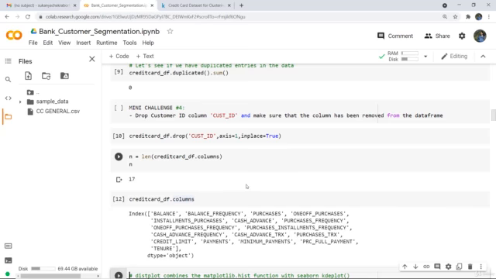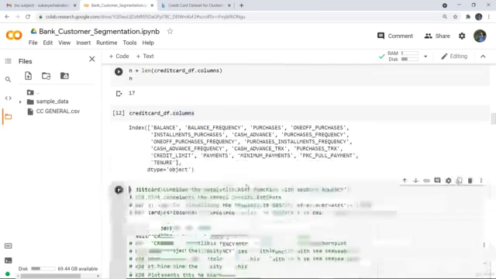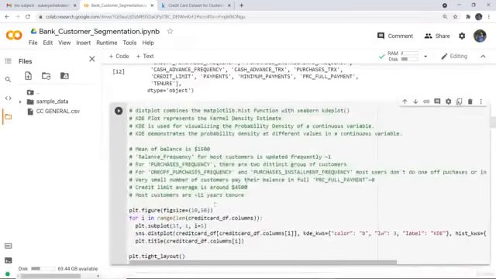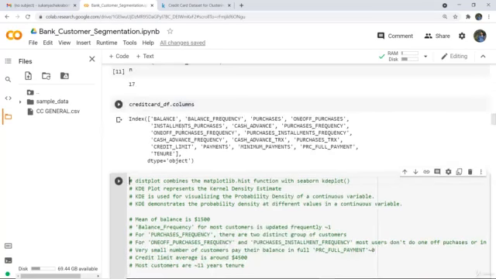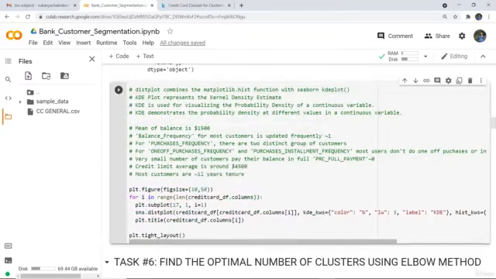Next, we need to create a displot, which combines the matplotlib histogram function with the seaborn kdeplot. So we are going to plot a displot of the combination of both. Here you can see that we have plotted a figure, the figure size has been given, and for i in range of the columns, the df.columns, we are plotting, the subplot range we have given here, and then sns.displot we have plotted. This plot is flexible, combining the matplotlib histogram with the seaborn kdeplot. That's why we have given several parameters of both, and finally we have given the plot title of the columns.